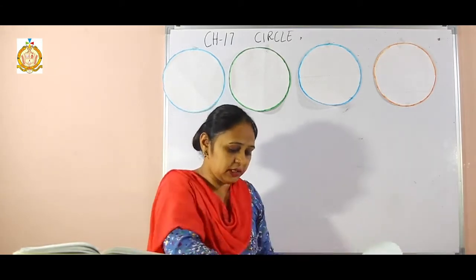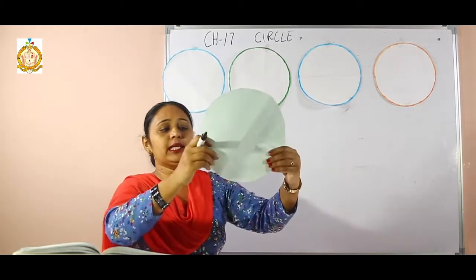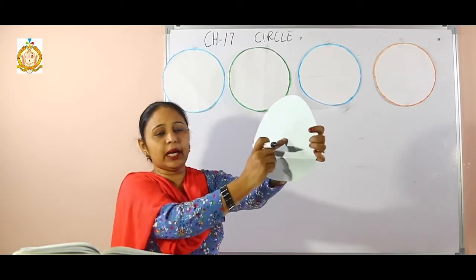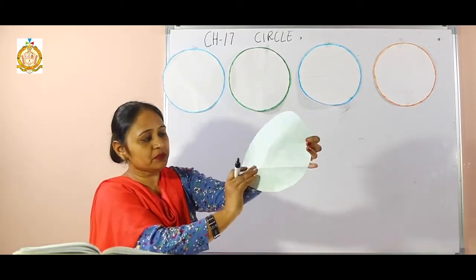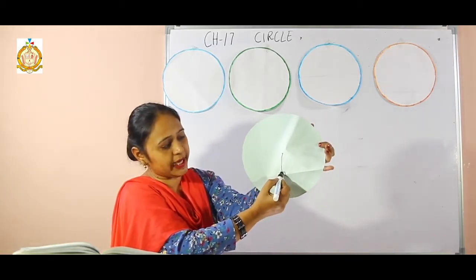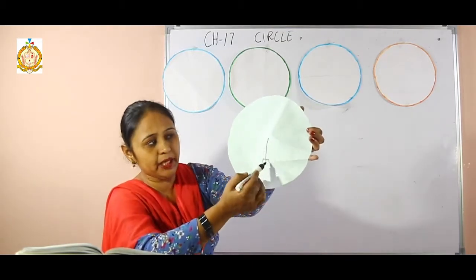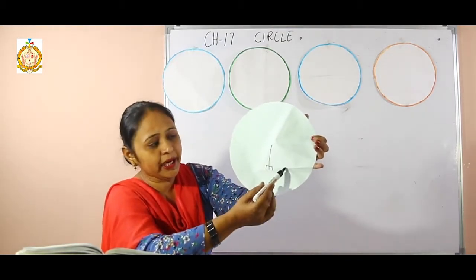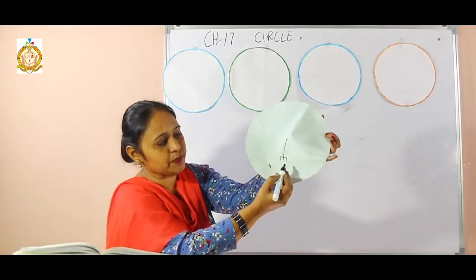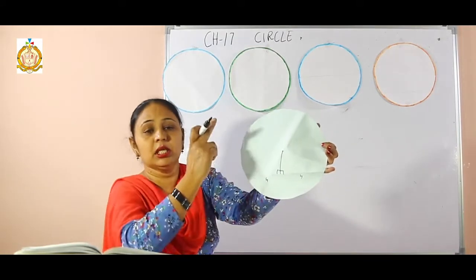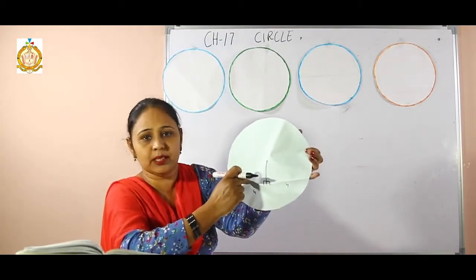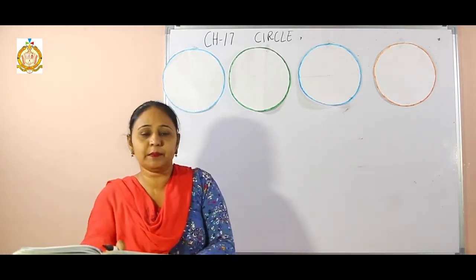Another one, if we take another circle and another chord like this one, I am again taking another chord in the circle that again makes a minor and a major segment. Now see students, what is there? If I draw a perpendicular on this chord, that means a 90-degree angle on this chord, this perpendicular from the center point will divide this chord into two equal parts. If its length is, suppose, 8, that means for this part, and the total length is 8. The perpendicular from the center point divides the chord into two equal parts. Clear?